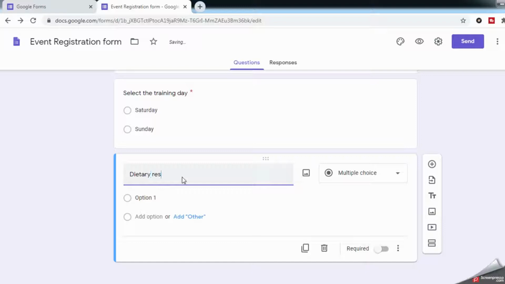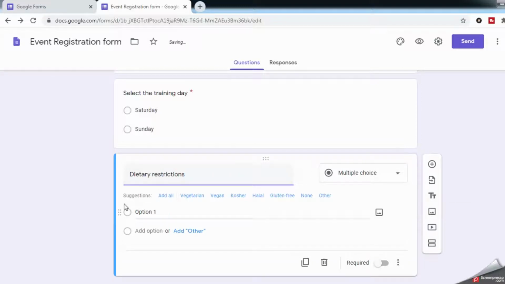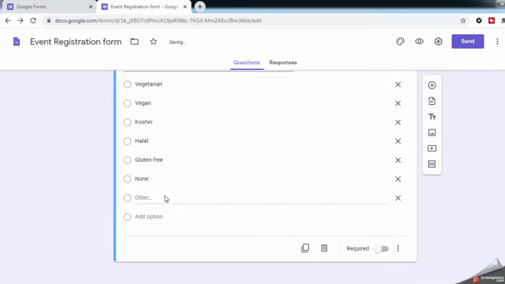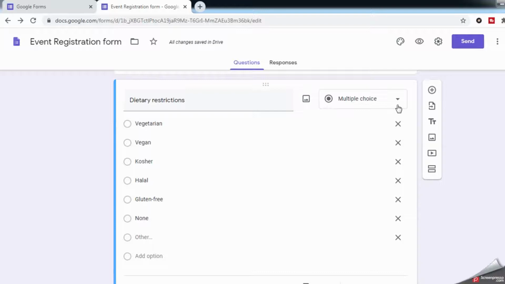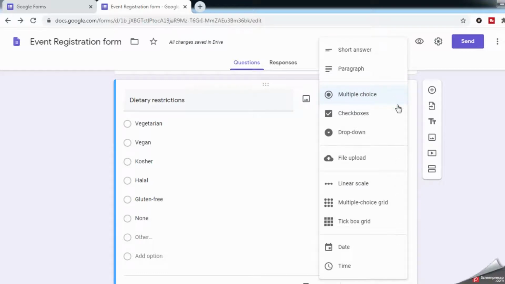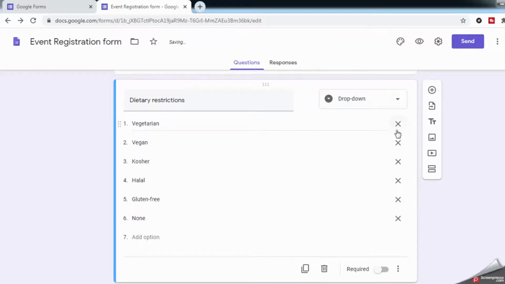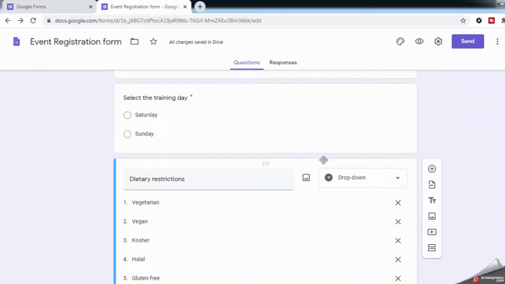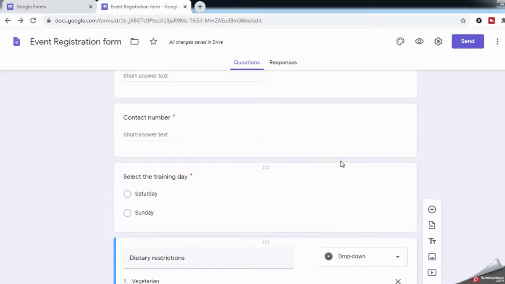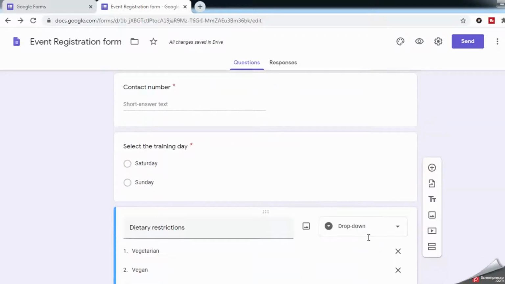See, it has all been given automatically with artificial intelligence. So let's click on add all. You can also do it as a drop down. We'll show you how the drop down and the checkbox work, and make it as required.